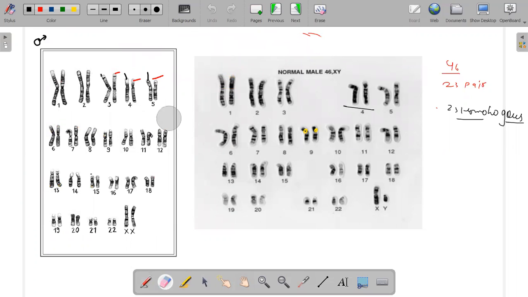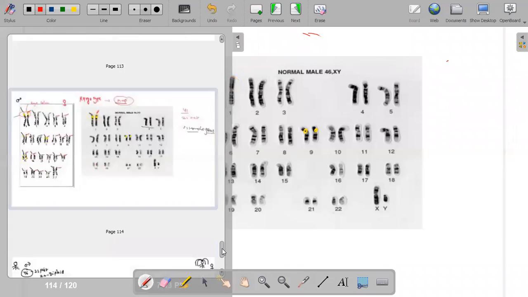I told you this is known as the 2n condition. Chromosomes occur in pairs, and this is known as 2n because every chromosome has a pair. These are chromosomes. Now,